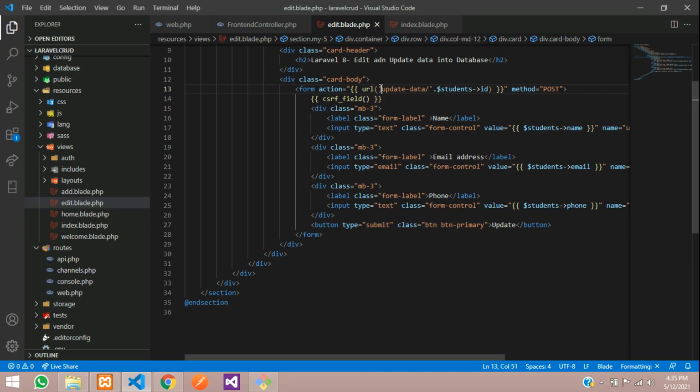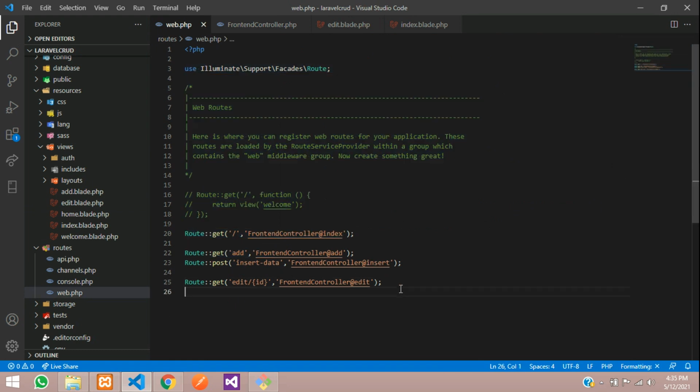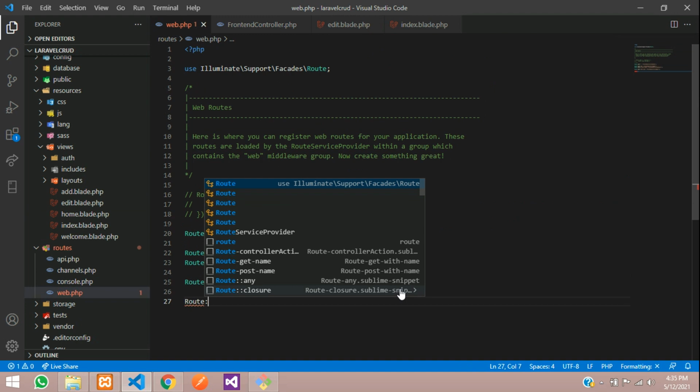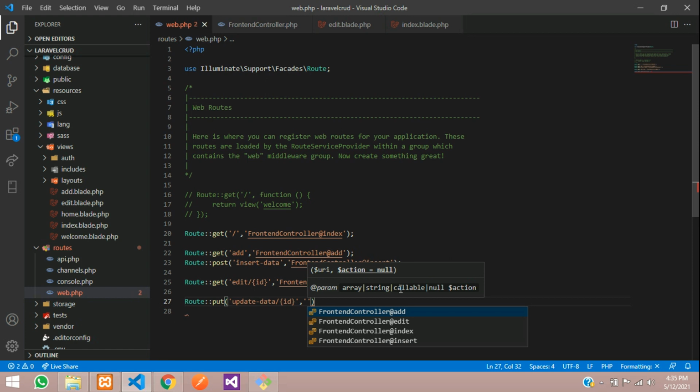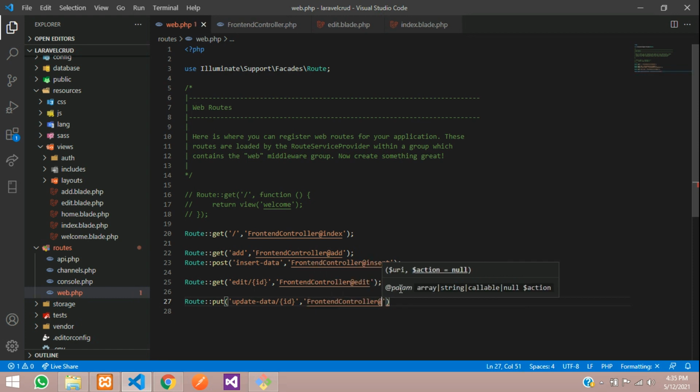So we'll create the route for this. Go to web.php, and here we are going to use the put method. So Route put, and give this slash, and along with the ID we are sending, comma, front end controller at update.